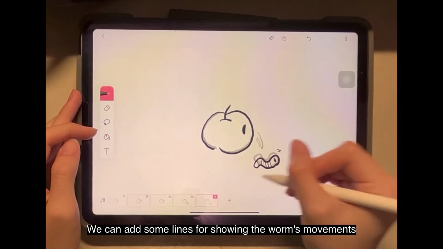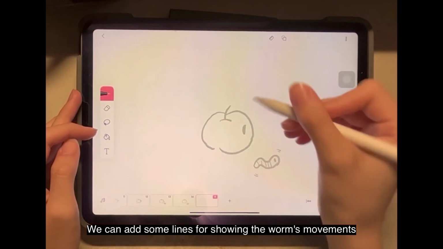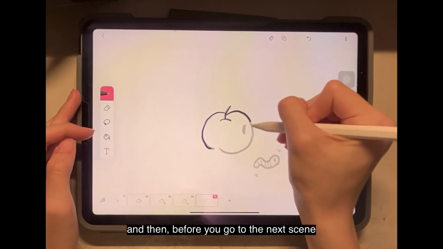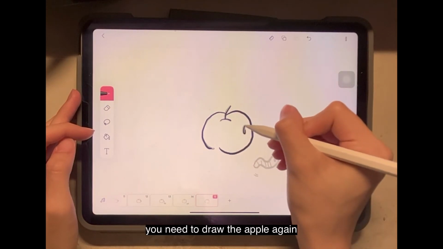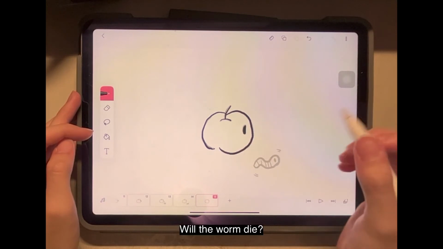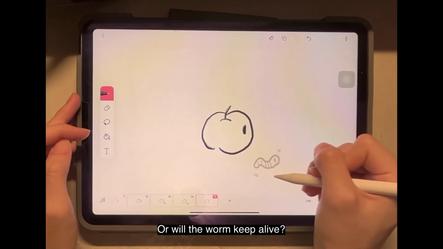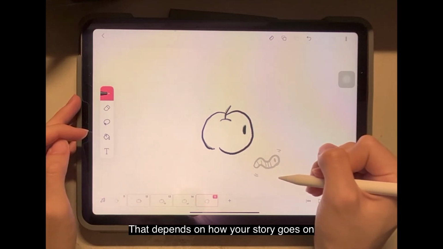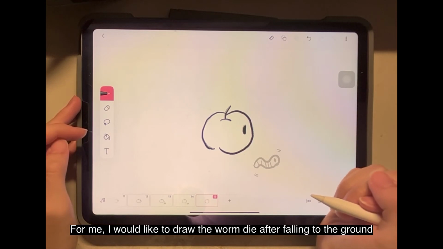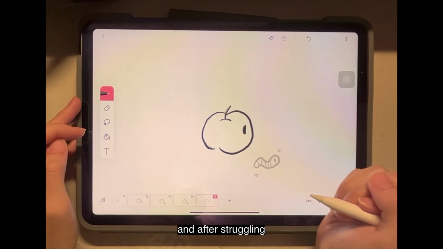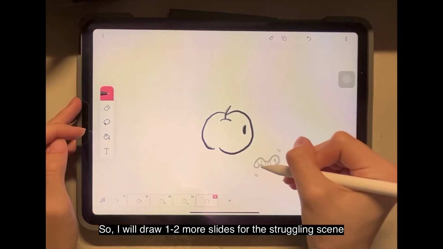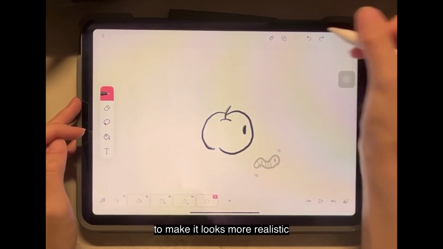Maybe you can add some lines for showing the worm's movement. And then before you go to the next scene, you need to draw the apple again. And then will the worm die or will the worm stay alive? That depends on how your story goes. And for me, I would like to draw that the worm dies after falling to the ground and after struggling. So I will draw 1 to 2 more slides for the struggling scenes to make it look more